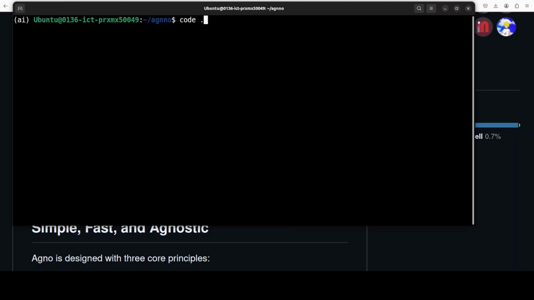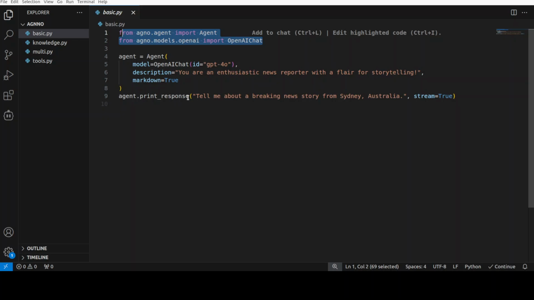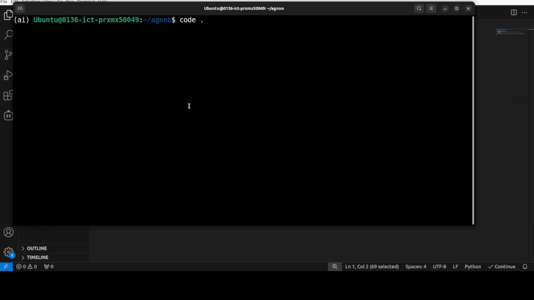Let me show you the code examples in my VS Code. This is VS Code, the key is already set, and this is a basic example where we are importing this Agno agent. We are using the GPT-4o model, and we are giving the role to this agent, that you're an enthusiastic news reporter with a flair for storytelling, and then we are asking it a question. There is no tool being used, no memory, no knowledge base. It is a simple agentic response which we are going to get with this model. So let's go back here, and then we can simply run it